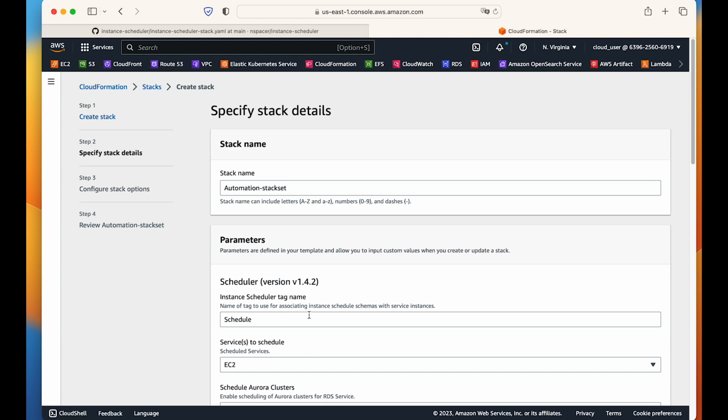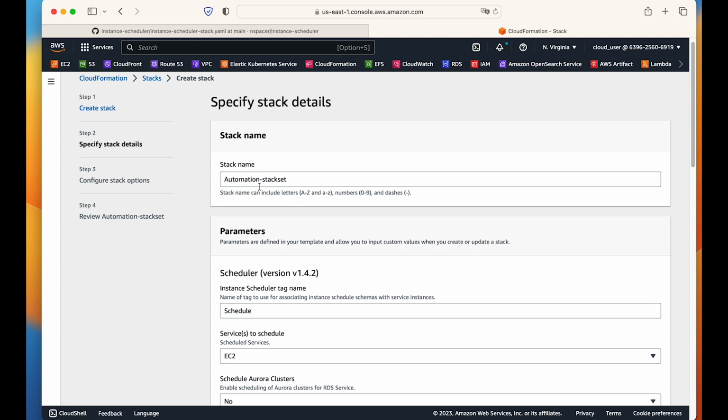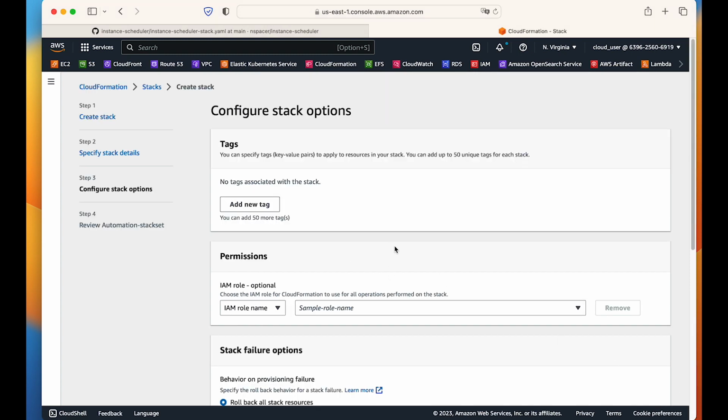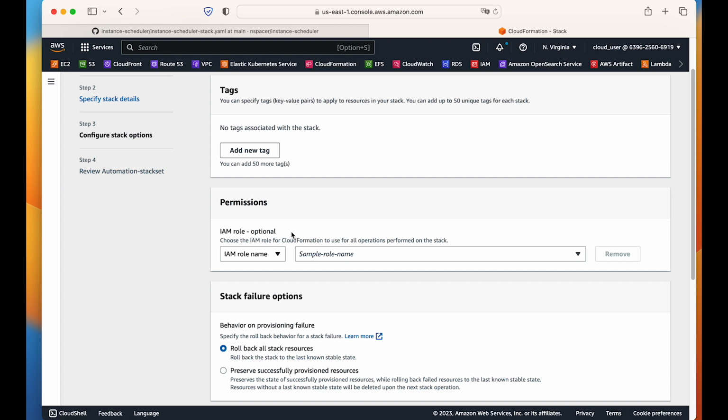That's all, actually, we have to do. I'm not changing anything here. I have only given the stack name, and that's it. I will click on next, and for this stack I don't currently need any tag. And for the IAM role for the stack creation, I will leave it to AWS and let it create it